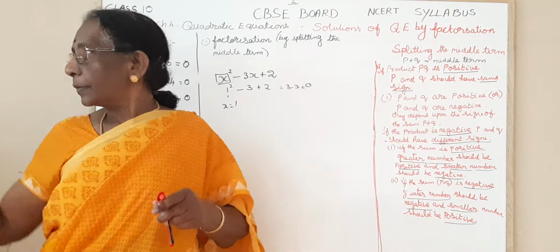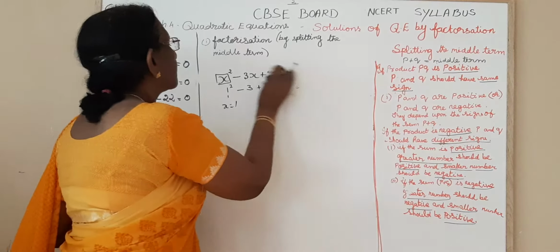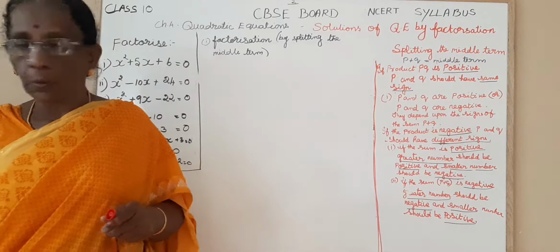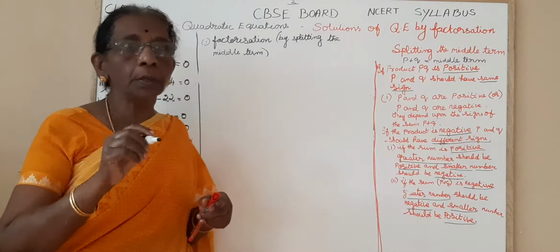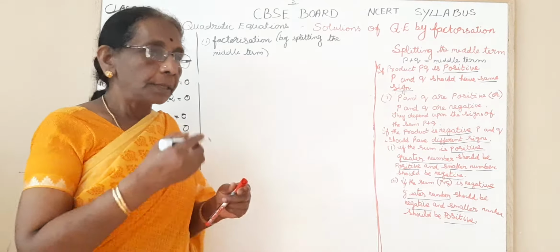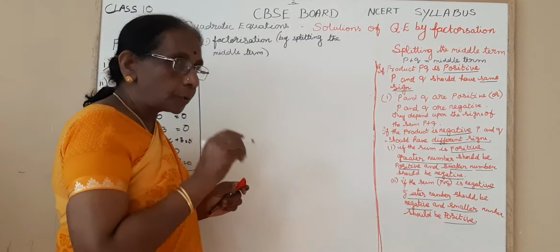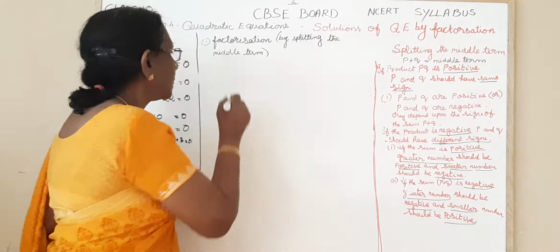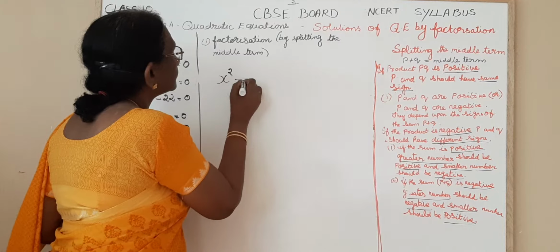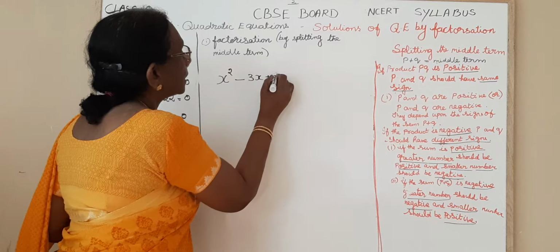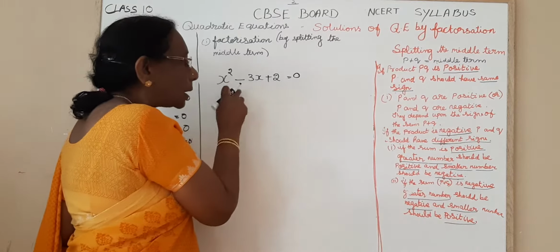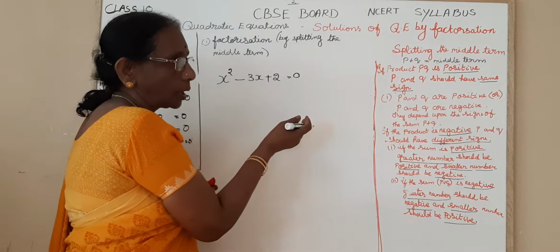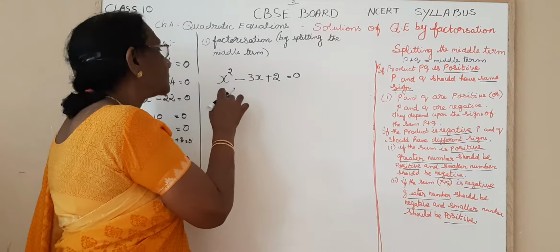In the same way, this is the same as the solution of a quadratic equation also. But here we won't use the term 0 of the quadratic equation, because here that value of x should satisfy the quadratic equation. What is the meaning of satisfying a quadratic equation? The same thing: x squared minus 3x plus 2 is equal to 0. Now this is a quadratic equation. First we wrote only a quadratic polynomial. Here it's a quadratic equation. So the value of x should satisfy the equation.